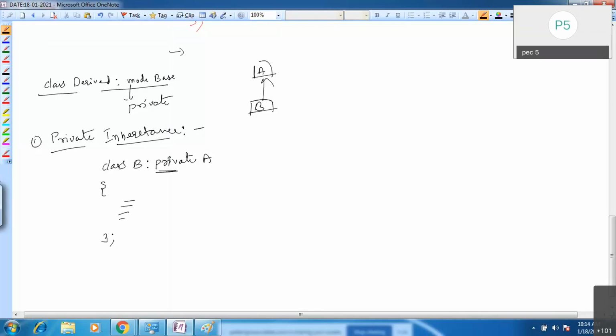If I use this private inheritance, suppose A consists of some private members, some protected members, and some public members.